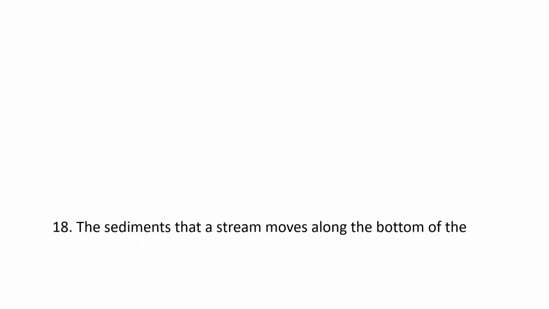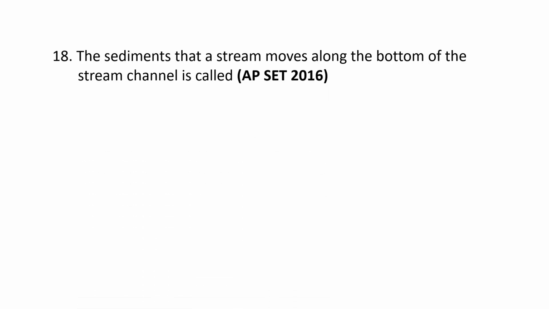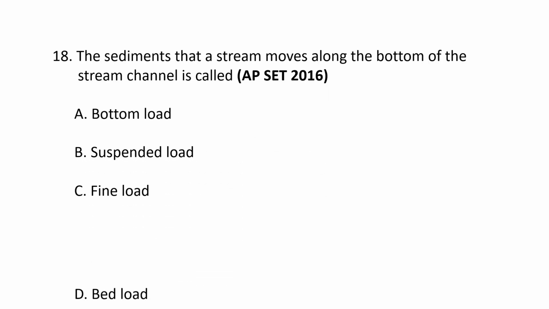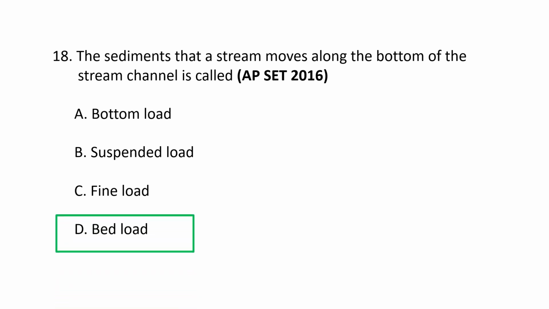Next question. The sediments that a stream moves along the bottom of the stream channel is called A. Bottom load, B. Suspended load, C. Fine load, D. Bed load. The correct option is D. Bed load. The sediments that a stream moves along the bottom of a stream channel are called the bed load,